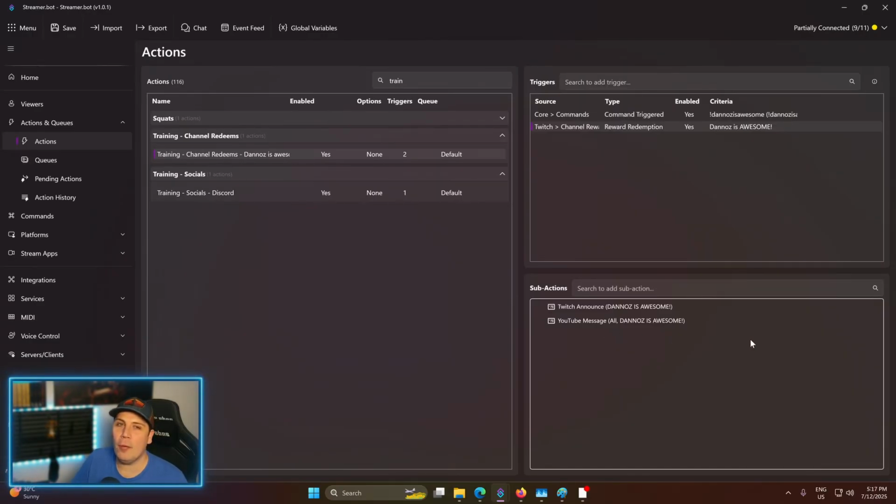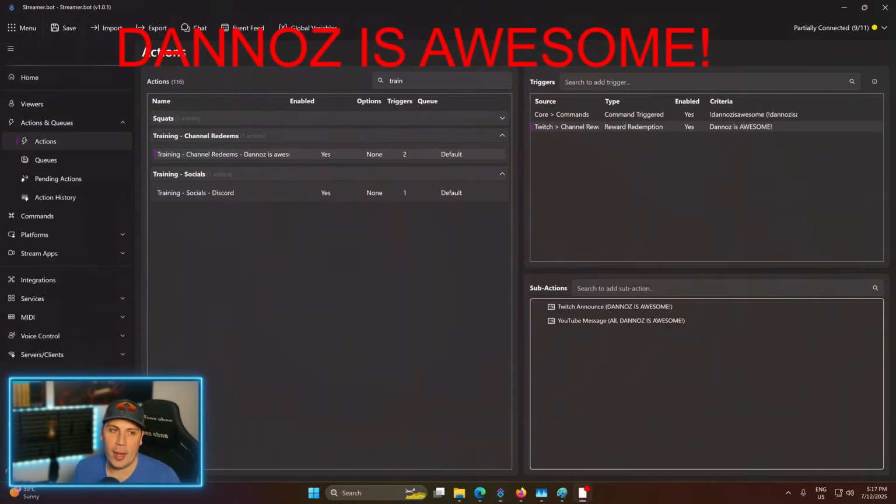Now, I've created over in OBS. Anyone who knows how OBS works, you've got scenes and then you've got sources within them. Well, I've created a GDI text that's going to get prompted when people execute this channel redeem, or they put the command in the chat. So the chat is basically, it's going to prompt this above here right now. Danos is awesome. Okay. The next thing is we need that source to be seen, because normally we don't want